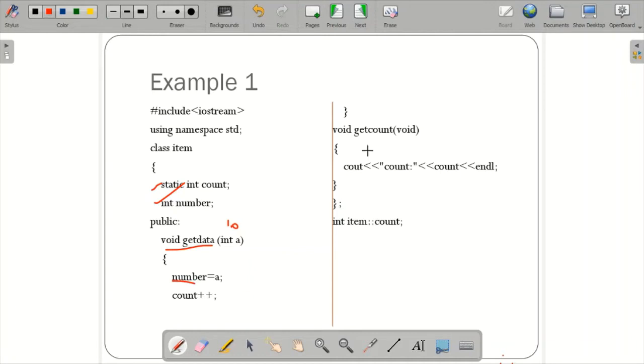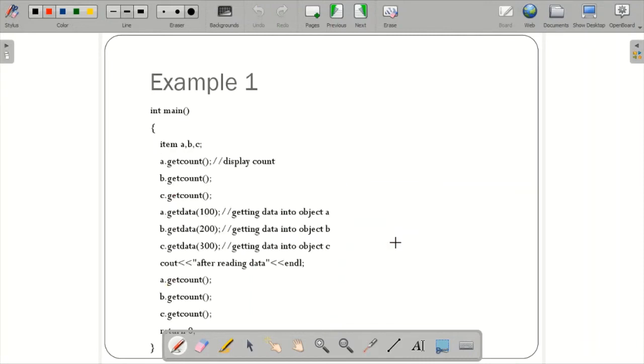Then get count is void get count, the return type is also void, and it just displays the count value. As I told, I'm giving a memory allocation, and the default value for that count will be 0.